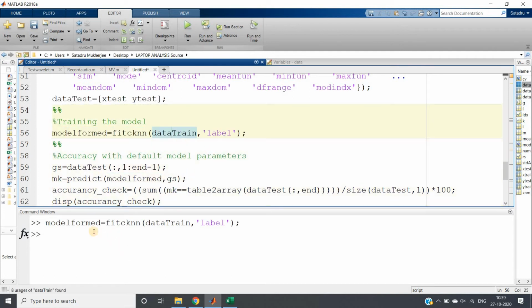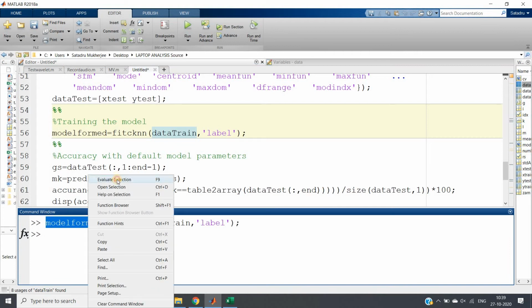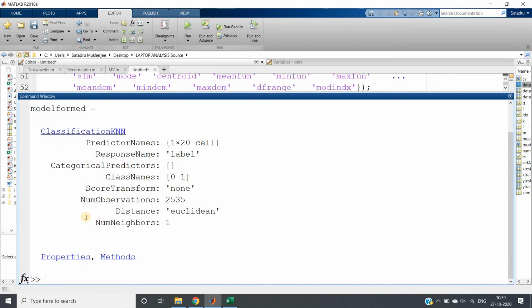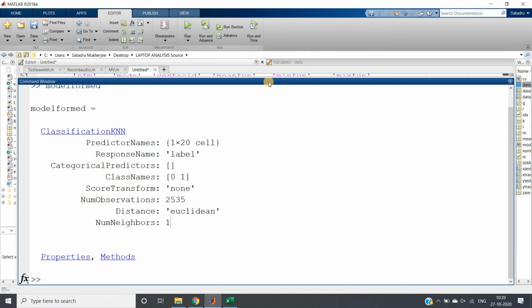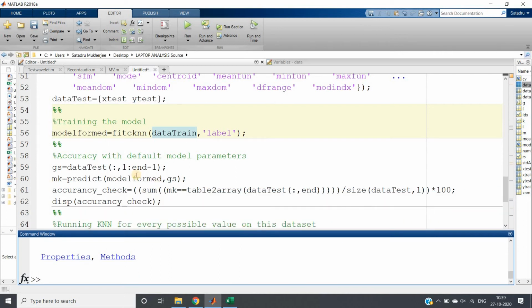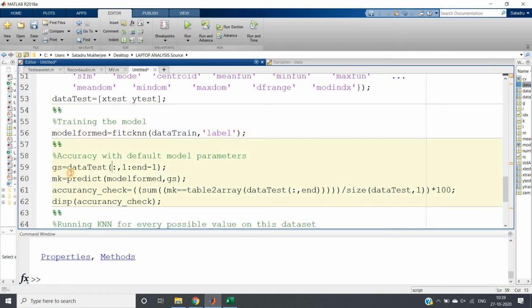Okay, now if you want, you can check. So here are the default parameters. Okay, you can see num neighbors it is considering by default as 1, so only one nearest neighbor it is going to consider. Then what we are doing, we are checking accuracy. Okay, how we are checking accuracy?